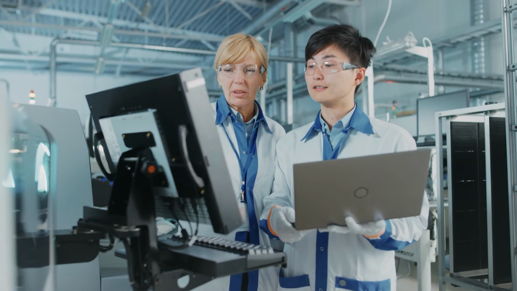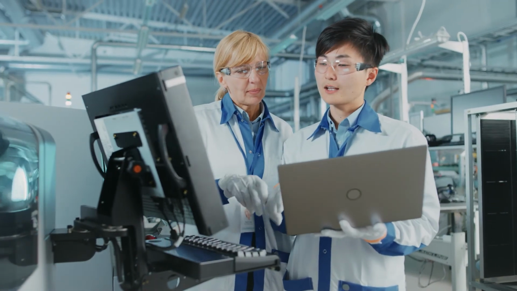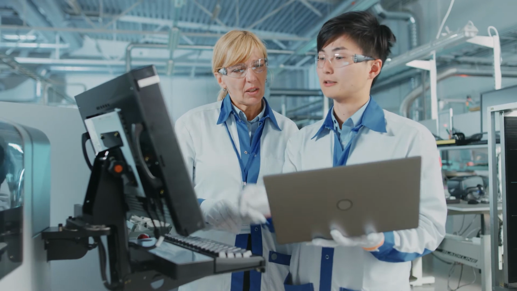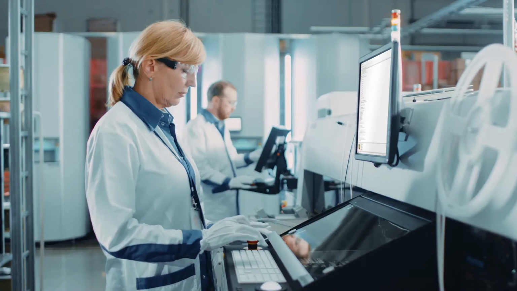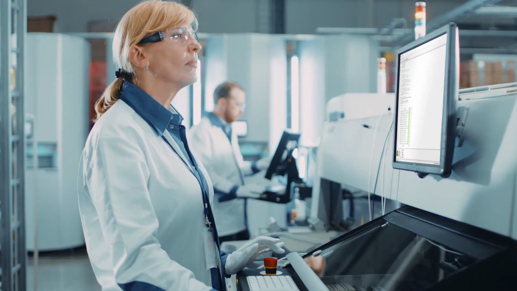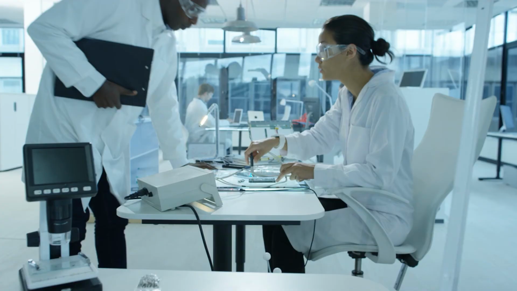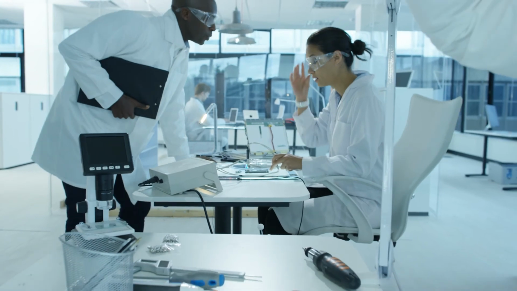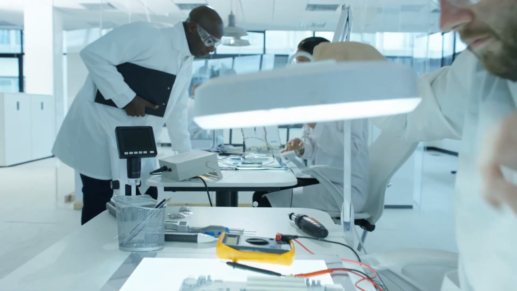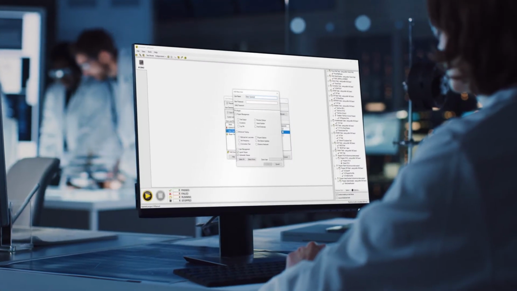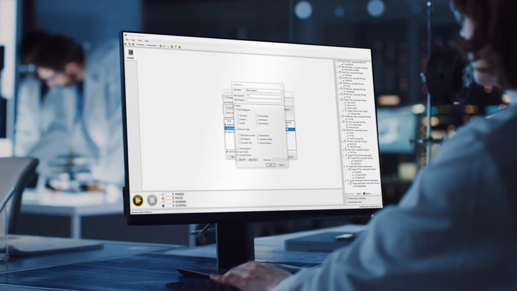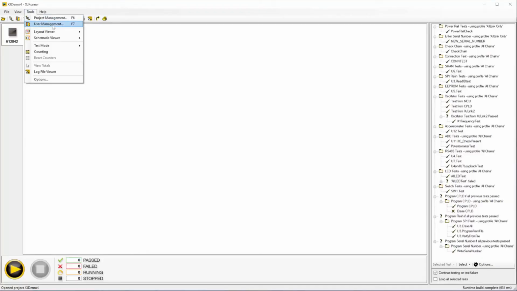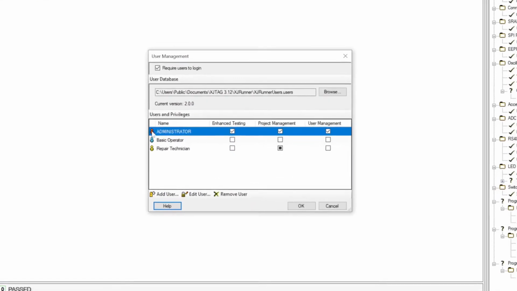On the factory floor, people have different roles, so XJ Runner and XJ Investigator users have access levels that control what they can do. For example, a line operator might only be able to run the full test list, whereas a repair technician might be allowed to temporarily adjust which tests run. Engineers have always loved this feature and asked us to take it further, and that's what we've done in XJTAG 3.12. There's now more flexibility when you set user privileges.